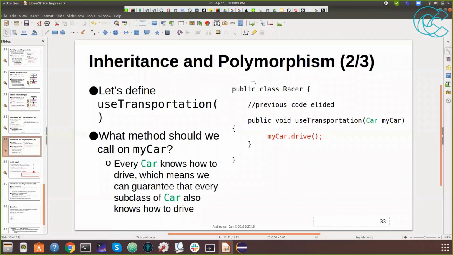So now you would have to change the other parts of the code, but this part of the code can remain the same, right? Because use transportation is only interested in the driving part, and now you can delegate the drive that is specific to the instance by just using the parent class, right? So if you pass the convertible instance, the drive of the convertible would get called. If you use the instance of sedan, then the